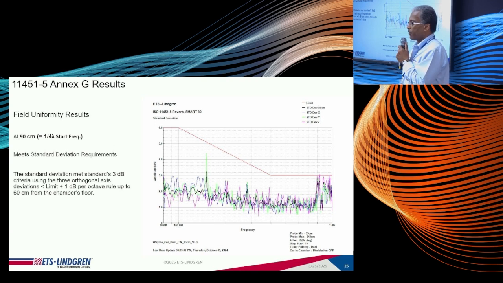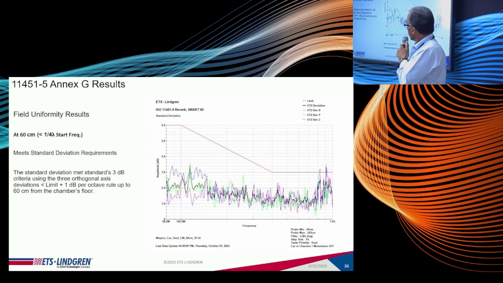And here you can see that we have fairly good control of the field environment, again mainly due to the high number of samples that are taken. One thing I wanted to mention here is the height of that lowest field probe position, 90 centimeters above the floor. It's greater than that quarter lambda that Mathias mentioned, to make sure that you're within an environment where you can have good field variation. So we're not too surprised to see that we have good field uniformity at those low frequencies.